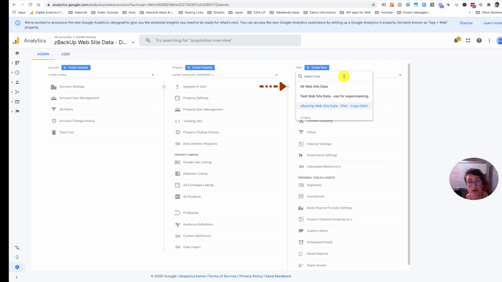So the all website data view is for your reporting and your checking in every week to see the patterns and trends in your data. Your test website data view is when you want to build out filters and use them to make your all website data view smarter. And then your backup view, which we put a Z at the beginning of it,